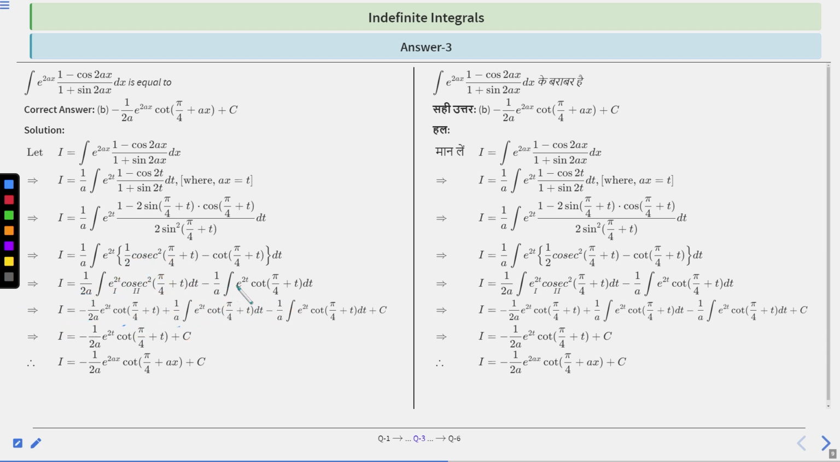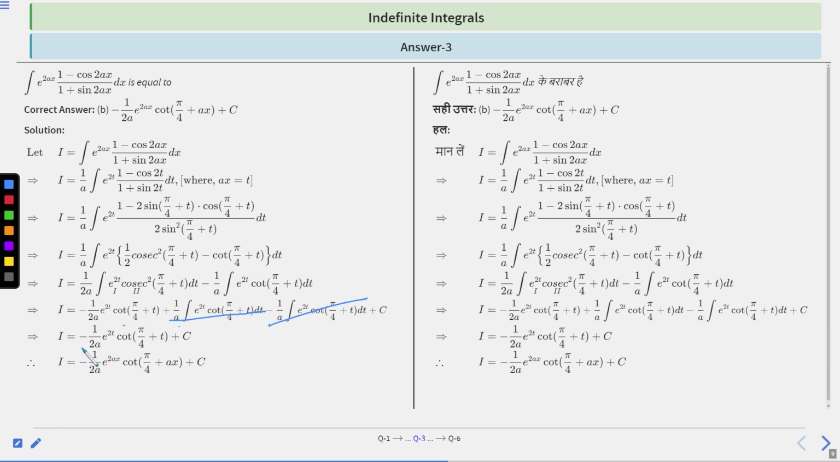And finally you will write this as one minus of 1 by a, integration of e to the power 2t cot(pi by 4 plus t) dt plus c. Now you can easily observe that this term and this term will cancel out, because this is plus and minus, plus and minus. Therefore, I is equal to minus 1 by 2a e to the power 2t cot(pi by 4 plus t)